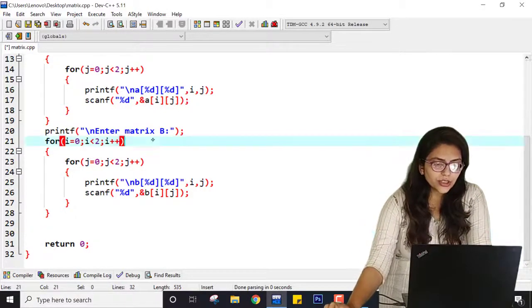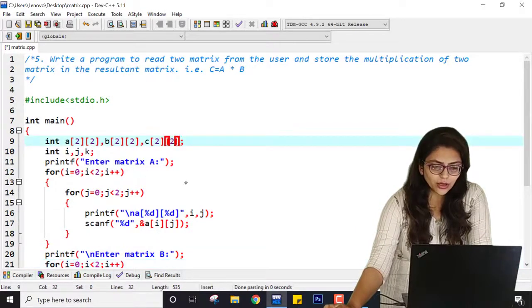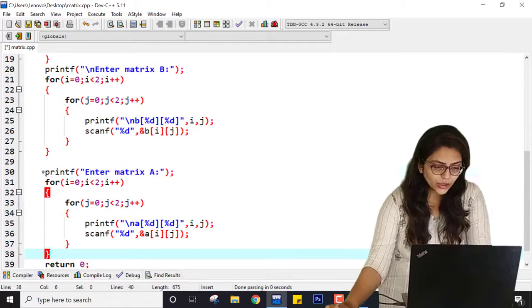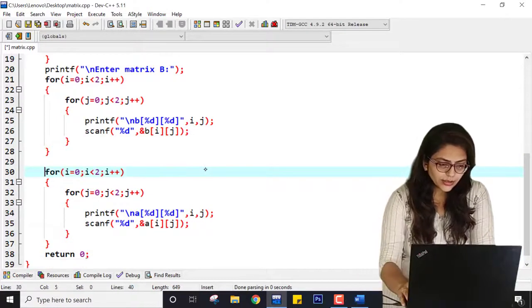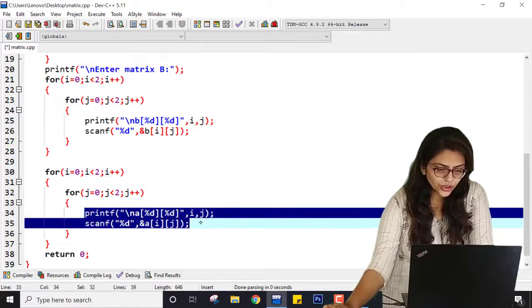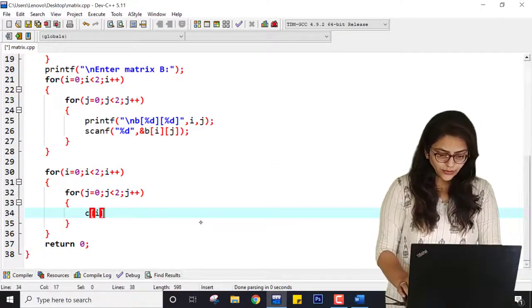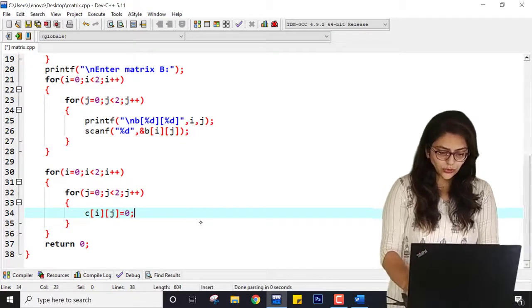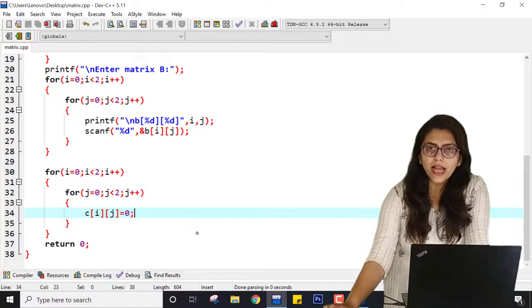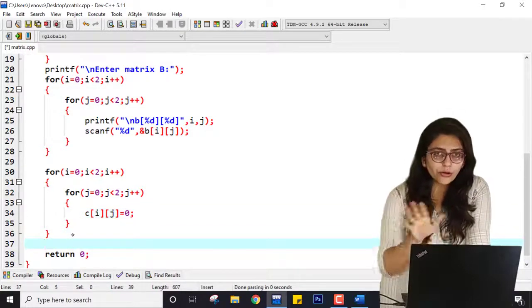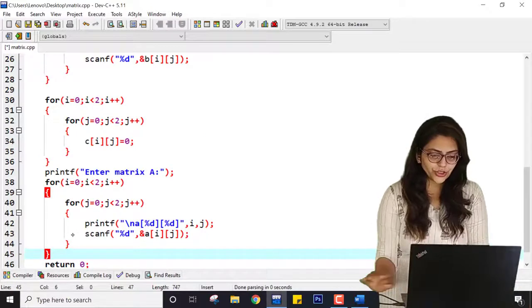Either you can initialize it over here, or you can use a separate loop for that. So here just eliminate this, inside this just put C[i][j] equal to 0. So the initial value of the entire C matrix is 0. We are not going to print it, we are just going to initialize it.